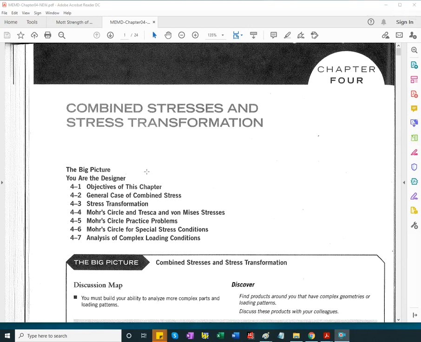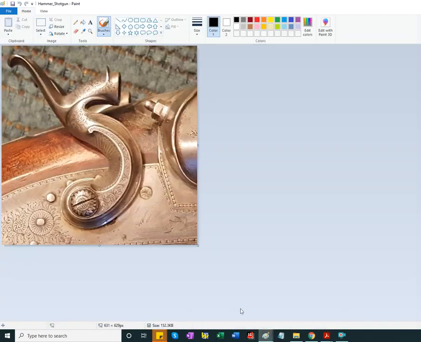Okay, so this is a recording about Chapter 4 in your textbook, Combined Stresses and Stress Transformation. But before that, I want to refer you to a curved beam example. You can see it has two curved areas. It's a shotgun and shotgun cock. And during impact, there is a force that is generated acting like so, and we're going to see